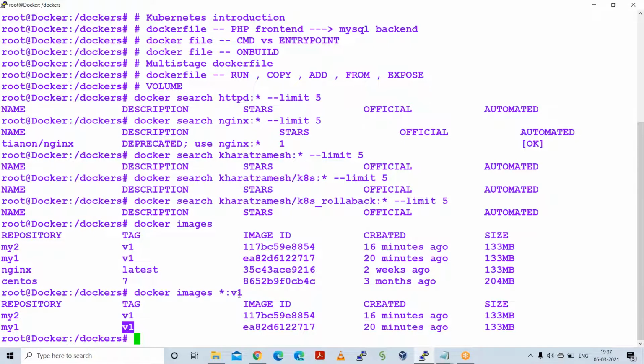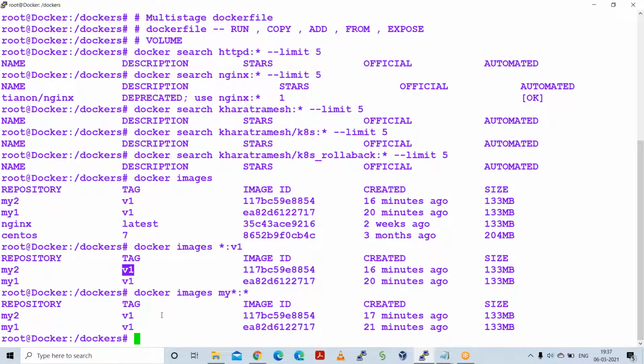Okay, so I got all the images whose tag is v1. Or else, if I want to search with, let's say, images called my star colon star, I will be able to see all the images which are starting with "my". So this way you can find out the